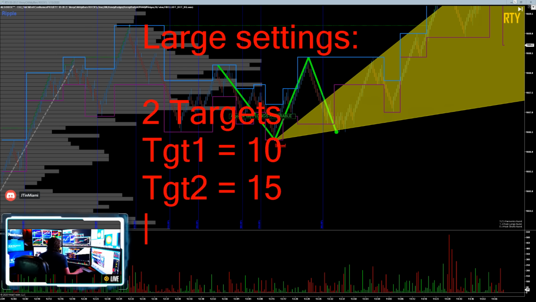Now I always have a runner set up with mine. So the alternate is 3 targets, with target 3 obviously being a runner. And this you learn in the final 40 days, so we'll talk about that when we get more to the end of these sessions. We're still going to focus on the losses first, learn how to lose well before we learn how to maximize our winners, okay?